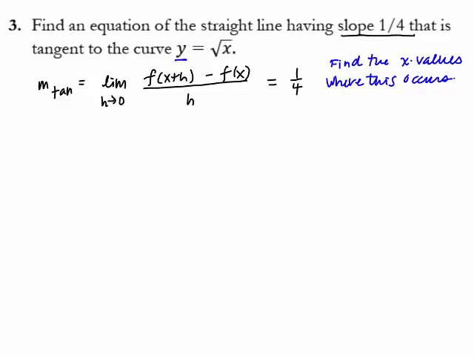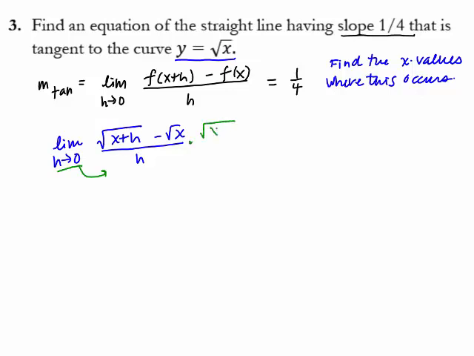The function is y equals the square root of x, so we have the slope of the tangent is the limit as h approaches 0 of the square root of x plus h minus the square root of x all over h. And we want to take this limit, but we can't make substitution, of course, because h is going to 0 and we get a division by 0 error. There are radicals involved, so the conjugate seems like a likely tool to get us there. We'll multiply the top and the bottom by the conjugate